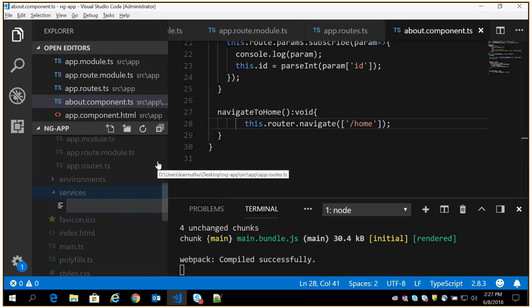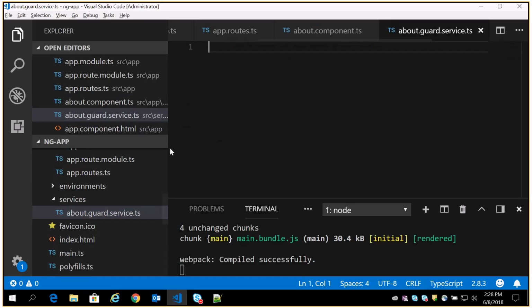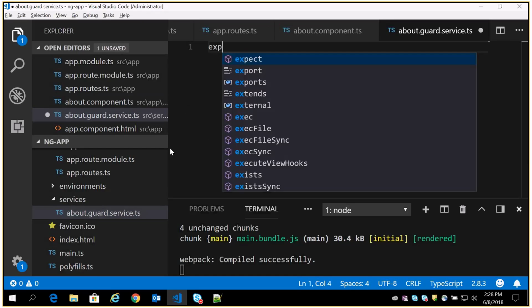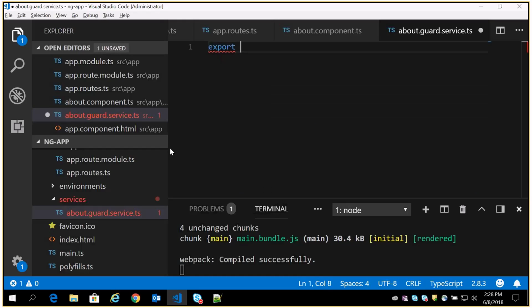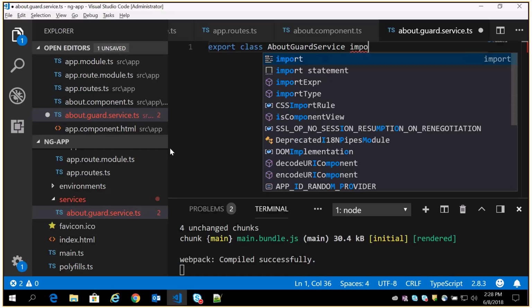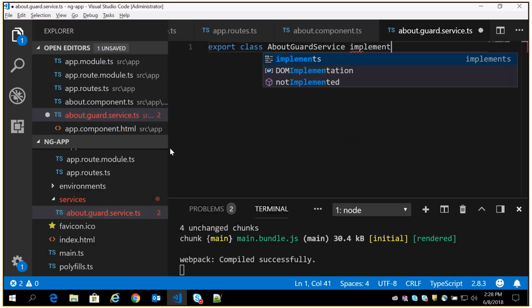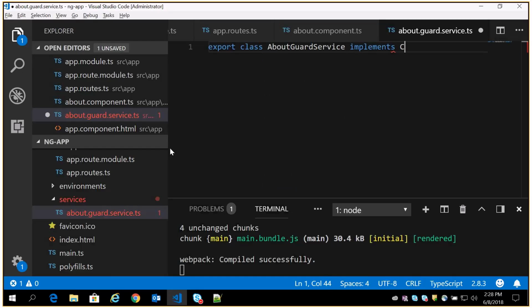The service file name is about.guard.service.ts. So I'm creating about guard service. So export class AboutGuardService, which is implementing CanActivate.